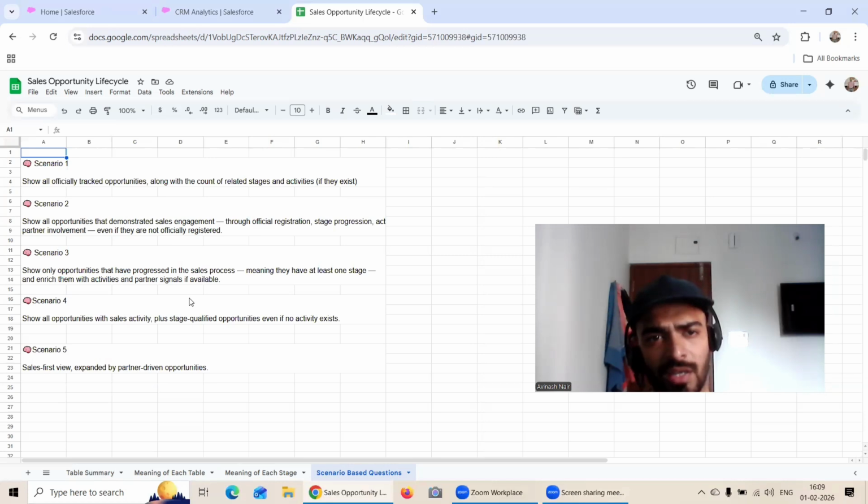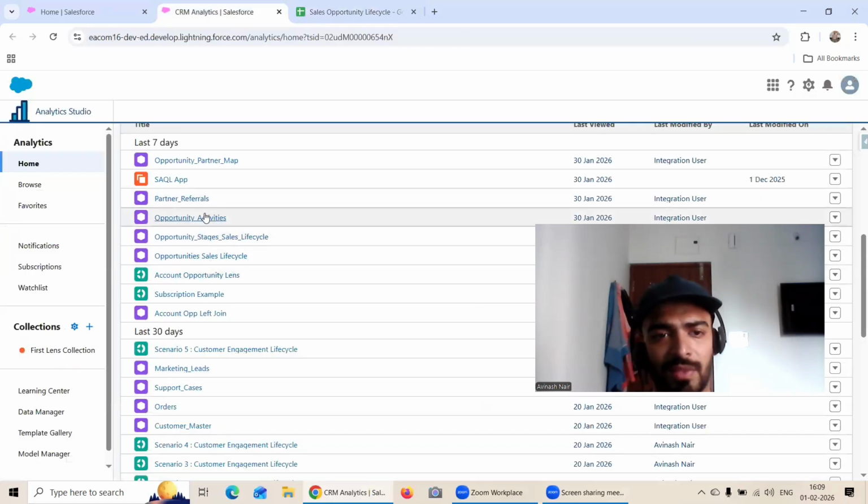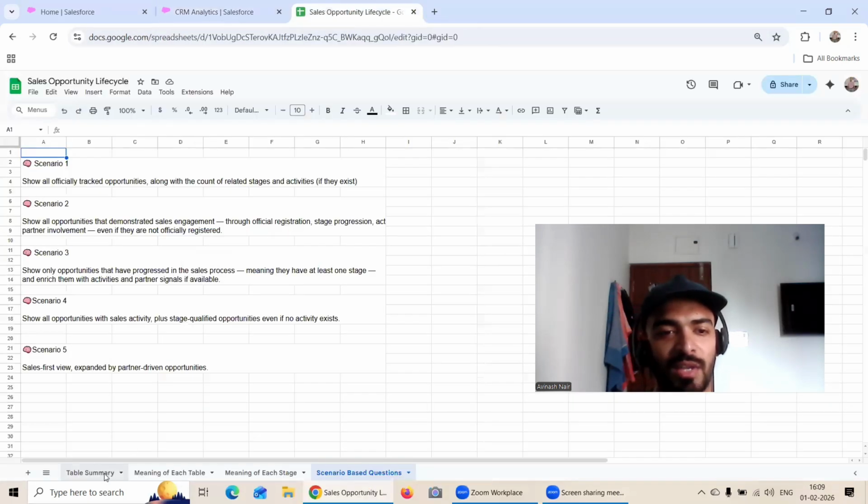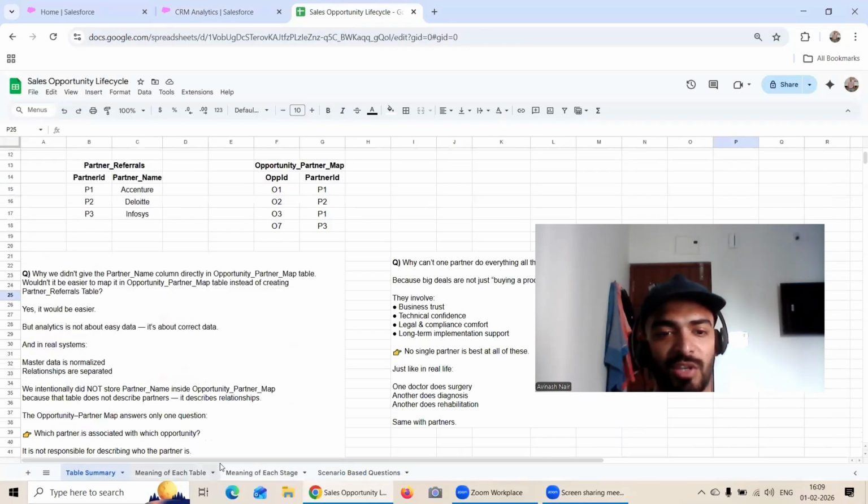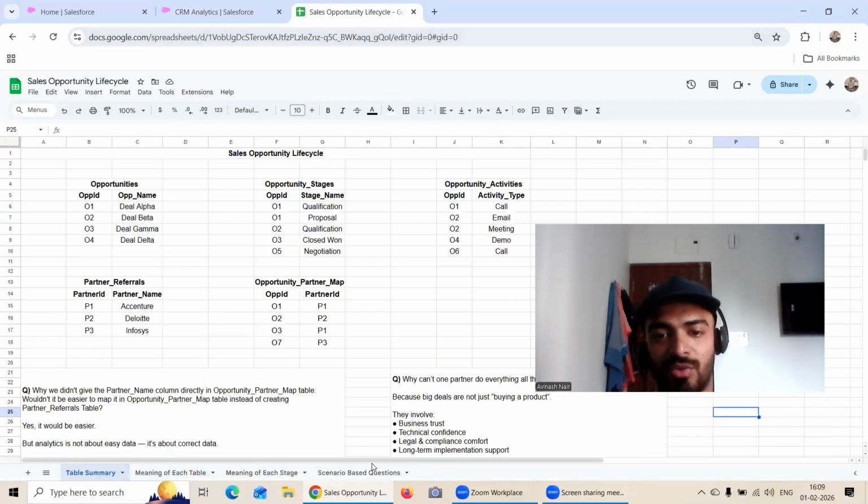We will walk through them one by one, but ensure that you have this dataset ready. I already know how to upload that. And we'll walk through the scenarios from the next video. I hope you got a complete picture of the meaning of each of these tables and stages, and I hope the business context is completely clear too. So that's it for this. Let's meet very soon in the next one.